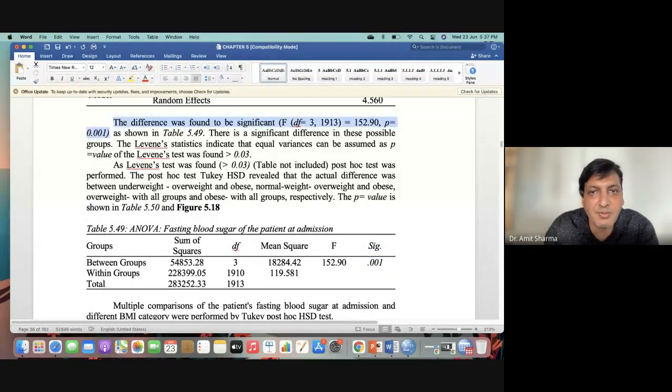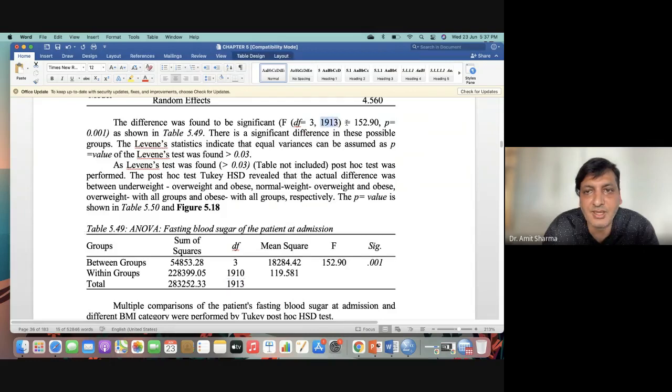This line will be used from the research point of view whenever you are writing a research paper: the comparison of fasting blood sugar was conducted with three different categories of BMI. The result was found significant, and you are going to write F in capital, with the degrees of freedom, in italic. 3 is the degree of freedom of between. 1913 is the degree of freedom of total.